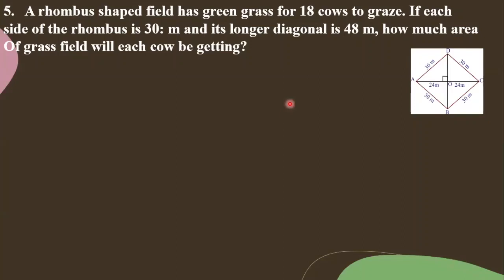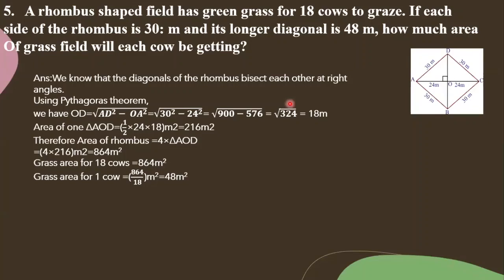See the another method I show. These are comparatively difficult only, children. So one triangle they take, triangle AOD. First they'll find out the OD value. So separately they are taking and they've added everything. This is another way they have done. Area of triangle AOD they've taken. They have done with half into base into height. Then multiply by 4 they have done.